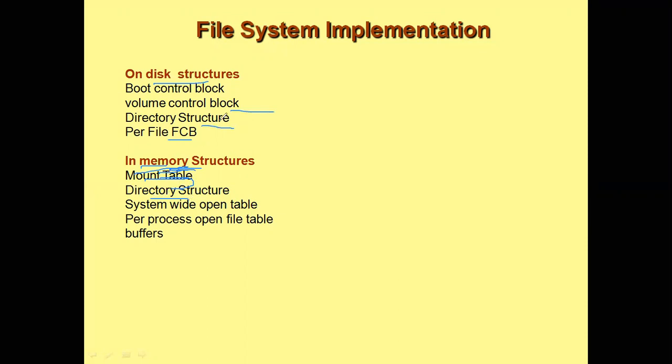Coming to the directory structure, you have a directory structure on disk as well as a directory structure in memory, but these are different. One exists on the disk and the other exists in the main memory. You can consider this similar to a cache. A cache is used for faster access, right? So instead of referring every time to the directory structure on the disk, the files that are recently opened or currently open can be stored in the directory structure in the main memory, to have faster access to the files. It contains information on recently accessed directories.